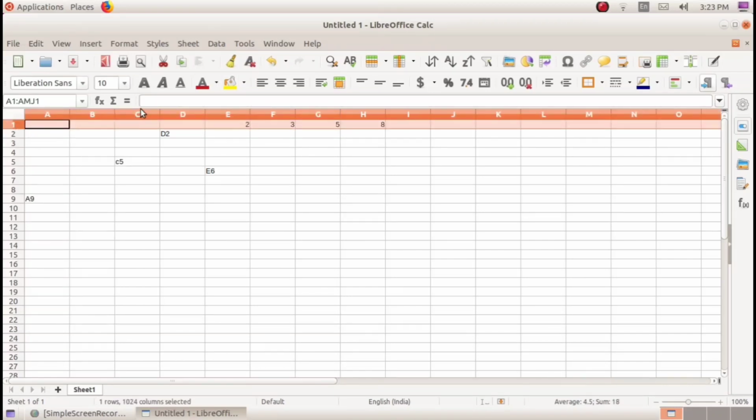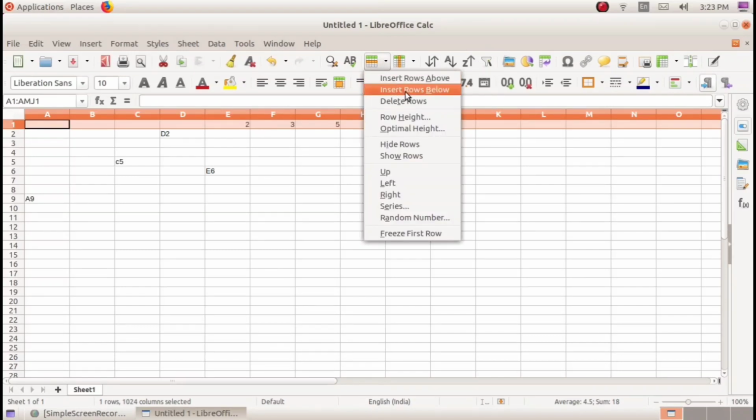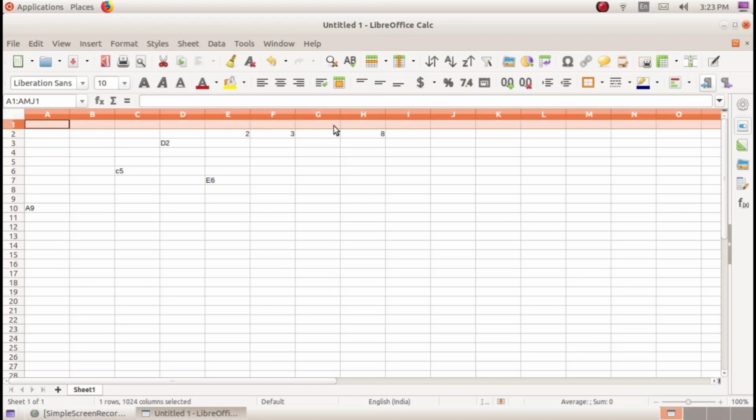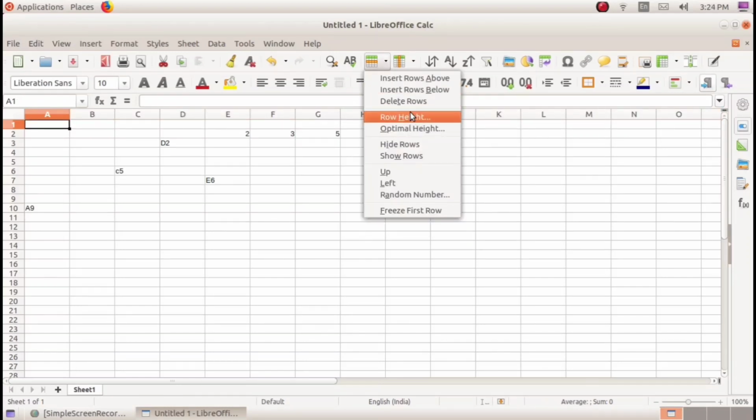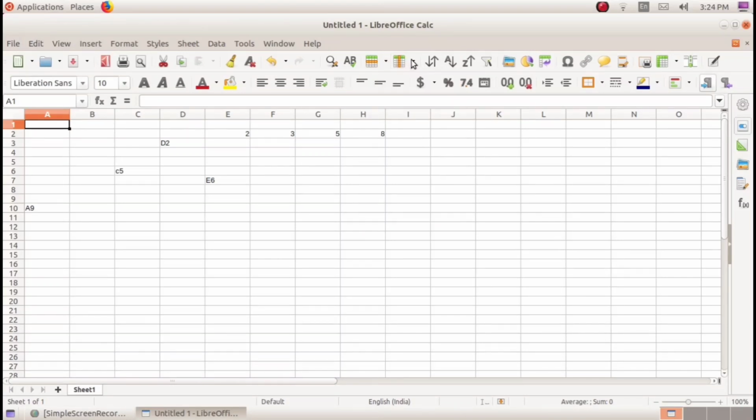Another tool in this is how to add a new row. For this there will be an insert row menu here, insert rows, above or below we can select insert rows. From here we can insert any number of rows like this way. Another next option we have, after inserting rows, we can here insert columns. Insert column option is available from this tool. This is insert row or column tool. From here we can insert like this.